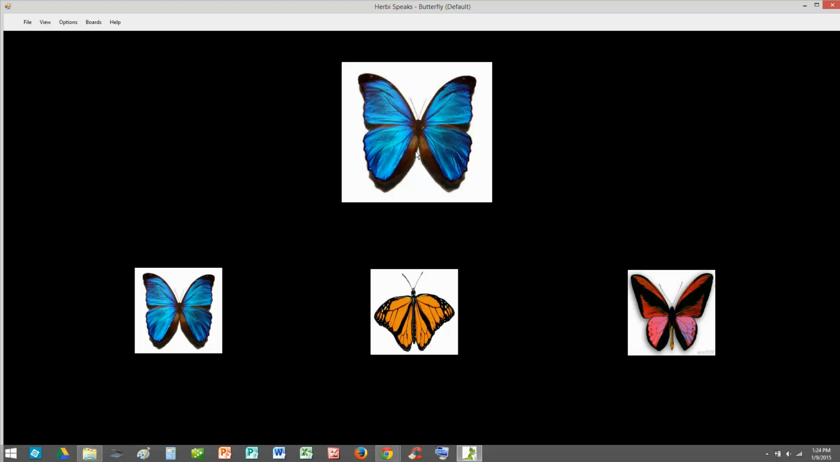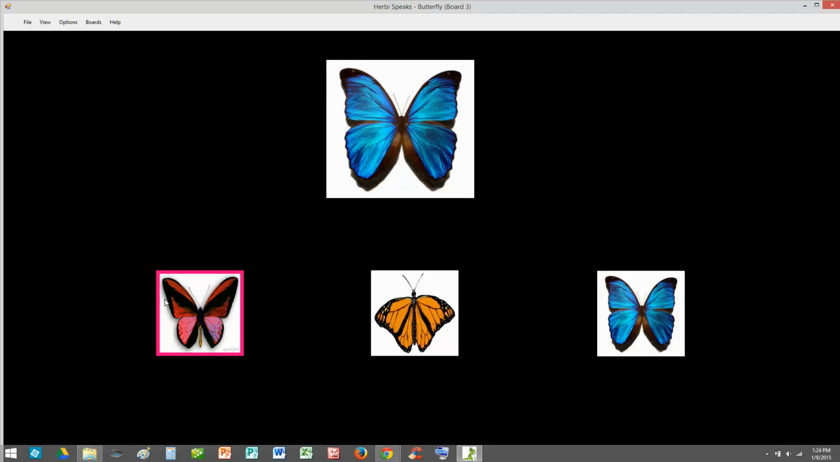So for example, "Can you find the picture that matches this one?" We just typed in the instruction and hid the text. If you click on the wrong one, "Not a match. Try again." But if I click on the right one, "Good job. You found a match." And now it looks like it scrambled up all the butterflies, but really it just linked